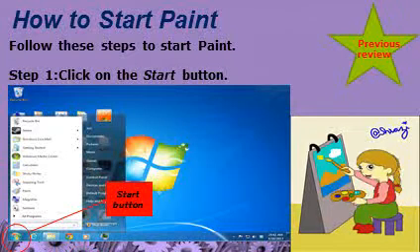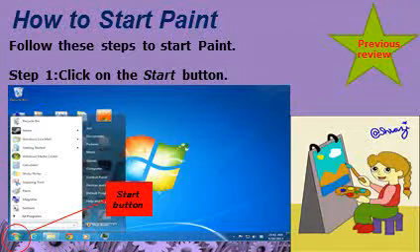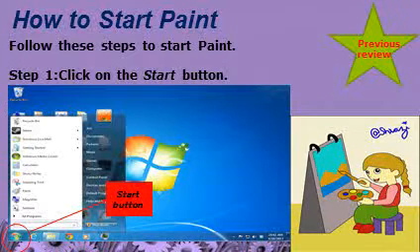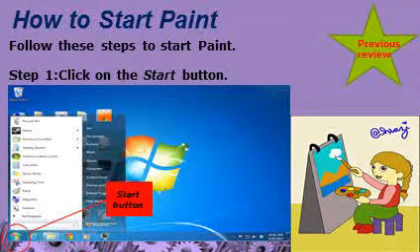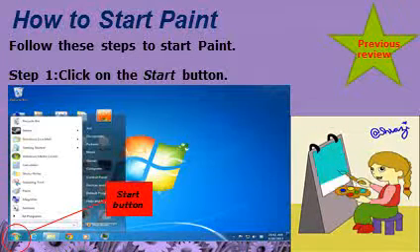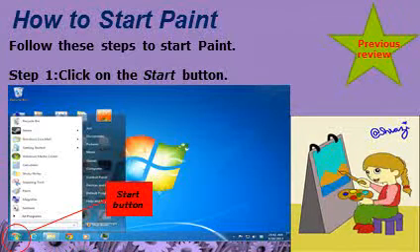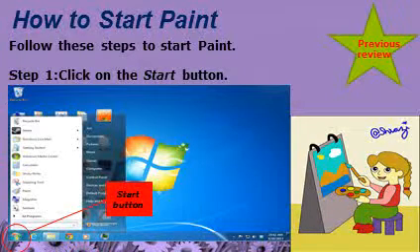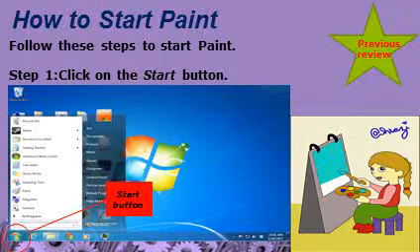In the previous class, I told you about Paint software, that it is a software on the computer on which you can draw anything you want to draw and color it as well by using its tools. And from this software, your creativity comes out of your mind. And remember, I have also told you how to start Paint software on the computer.